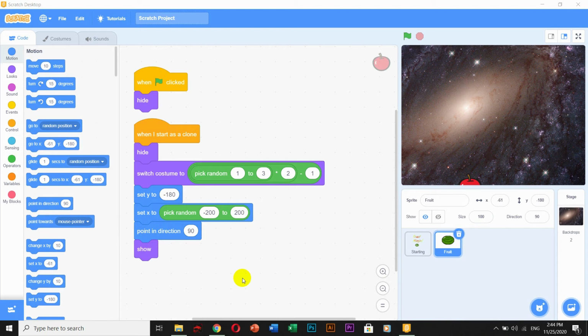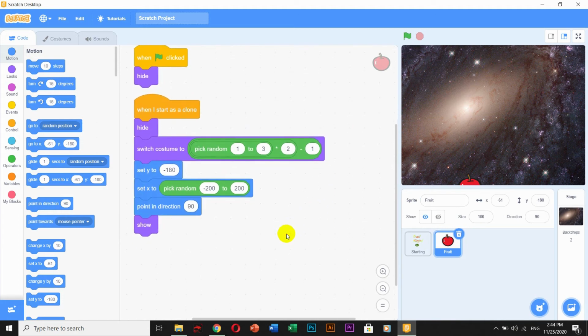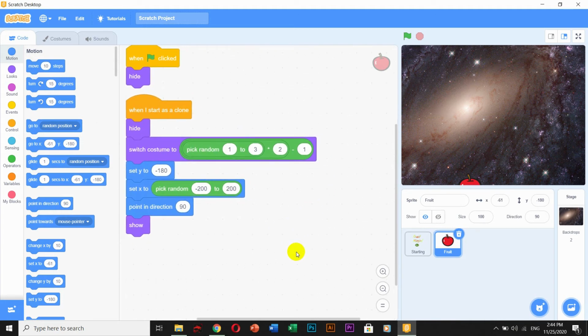Okay, now it's time to throw your fruit up. You already set up your fruit to stay here, and you throw it up. So to throw it up, you need to discuss the velocity of the fruit, the velocity of throwing up. The velocity of the fruit traveling to the left or right, or when you pull it down, we should rotate the fruit left or right. So I'm going to make 3